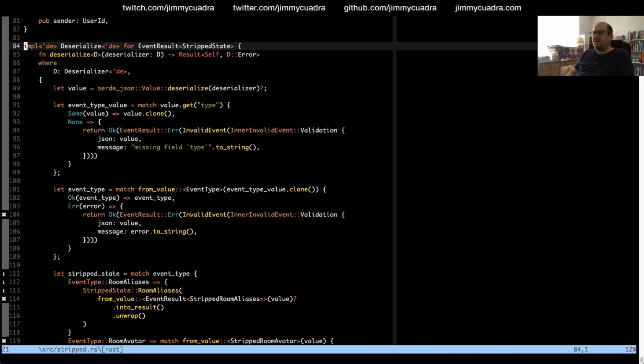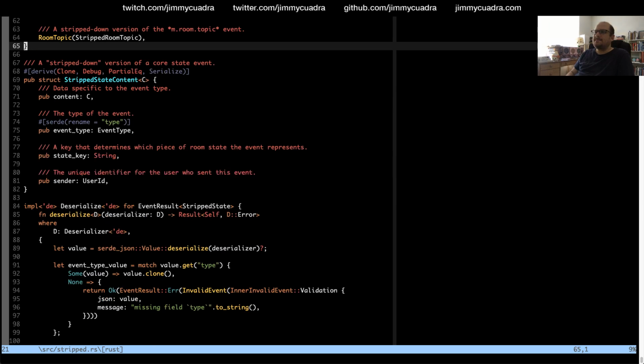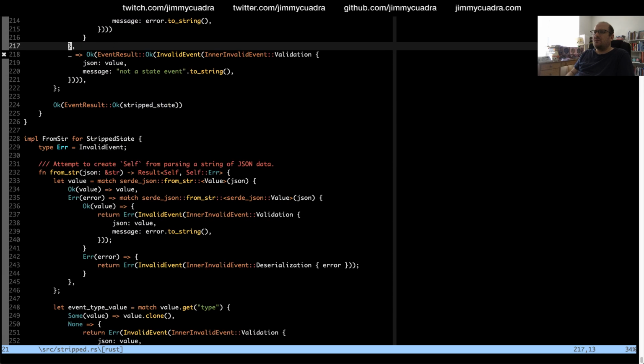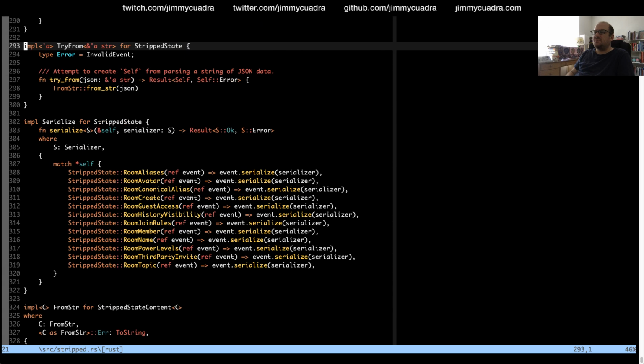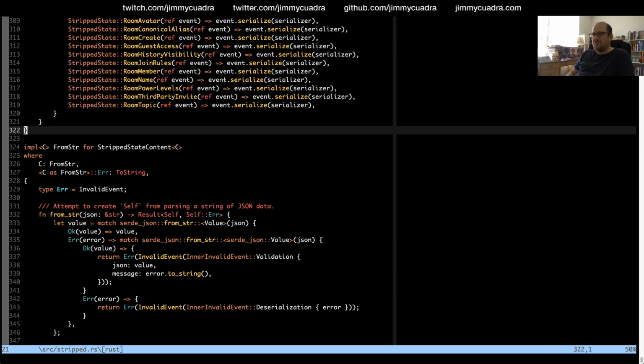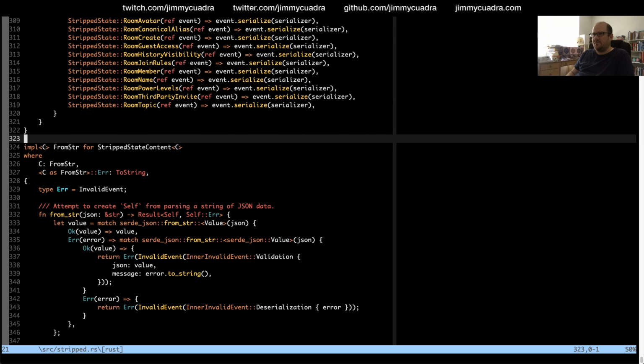And this kind of has to work the same way, I think. Right? So I think, are there any implementations for stripped state content? Oh yeah, down here. So I actually needed to do this first.